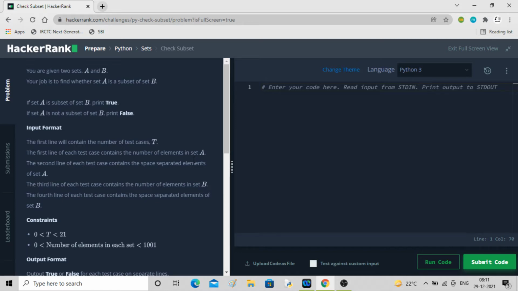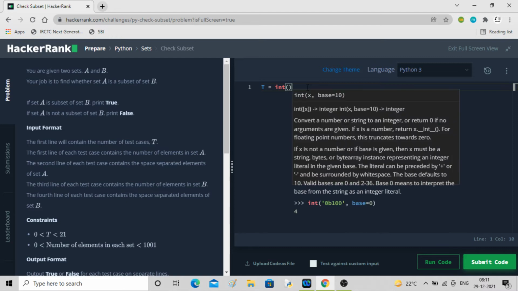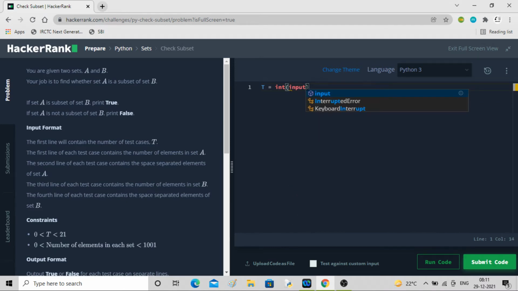So what is the trick I'll follow? First of all, I'll take the input t test cases. So t is equal to int of input. That is our t test case. Now I have to run a loop, right? Because every time we have to check both the sets, depending upon the number of t.